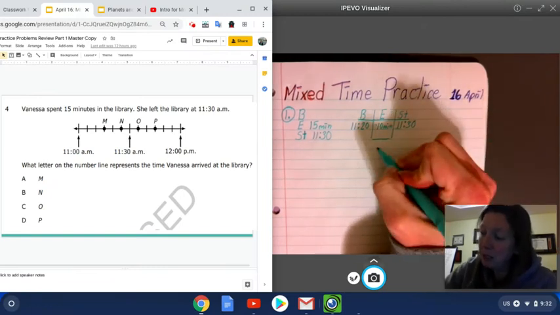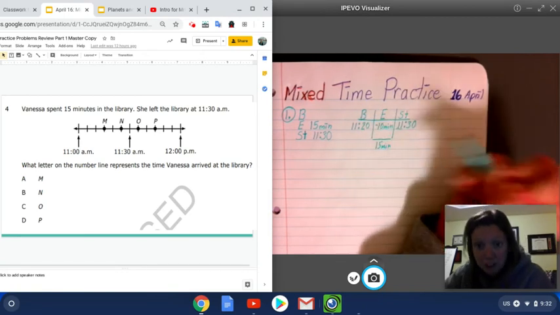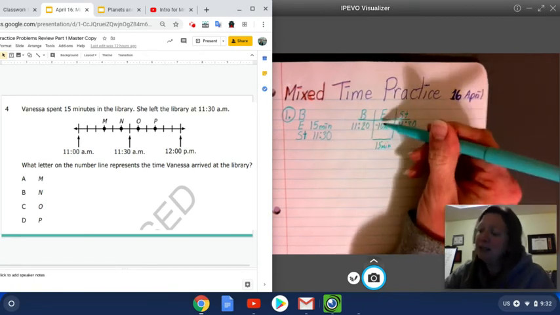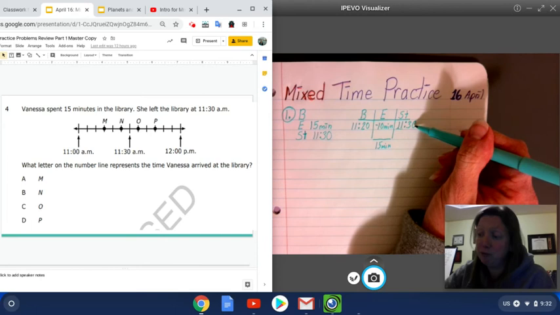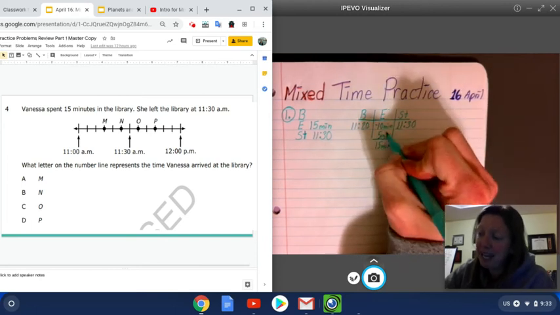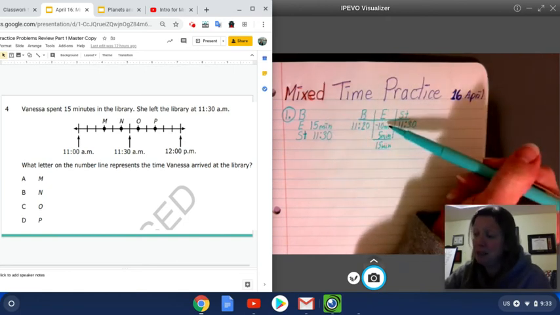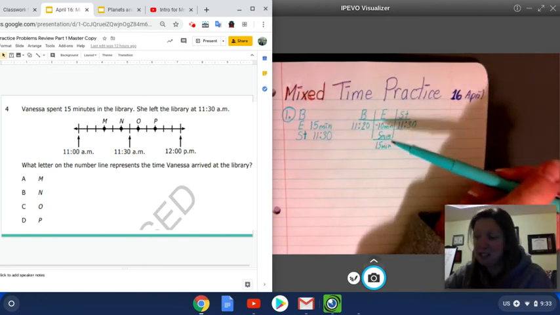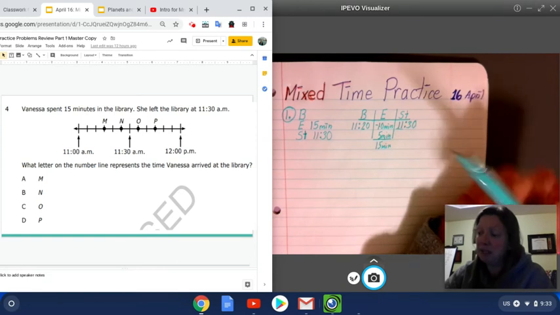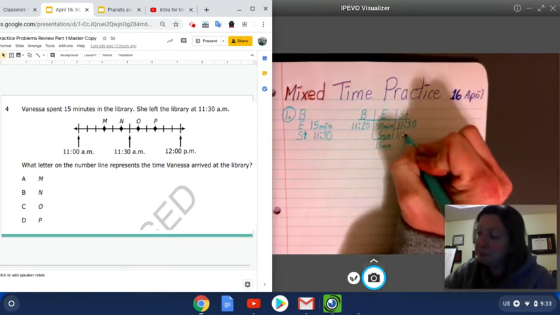Well, my elapsed time should add up to 15 minutes. So even though we put a subtraction sign, that means that we're actually subtracting it from this. But my elapsed time, I would need to add together because my elapsed time is 15 minutes. That means 15 minutes passed. Here, 10 minutes passed, and then I have to add another 5 to make it 15. So if I'm at 11:20,